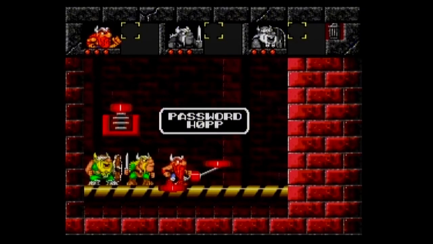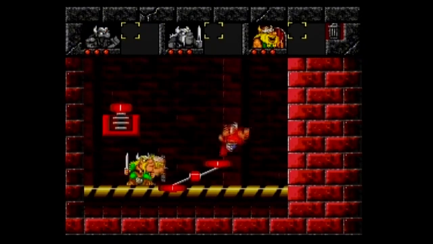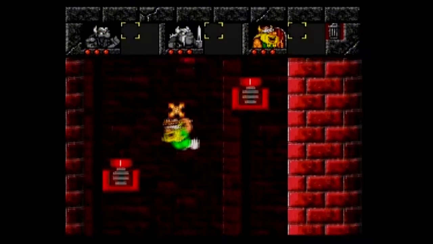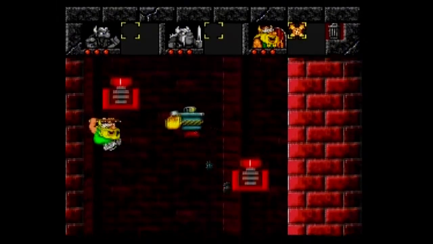Yeah, we needed ages to clear the stage because I talked so much. But there we go. Password. Well, just plain and simply hop. Because that's exactly what you are doing in the beginning of the stage. You're hopping around on those springs here after you used the seesaw